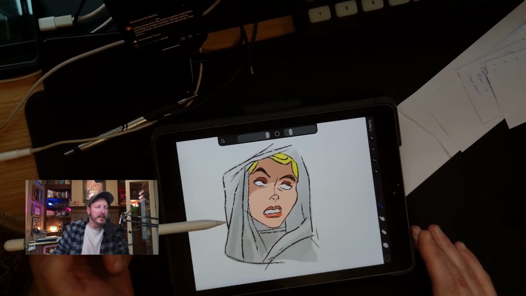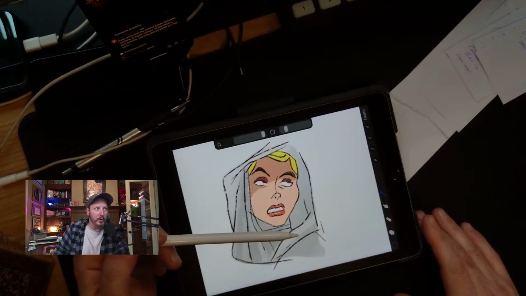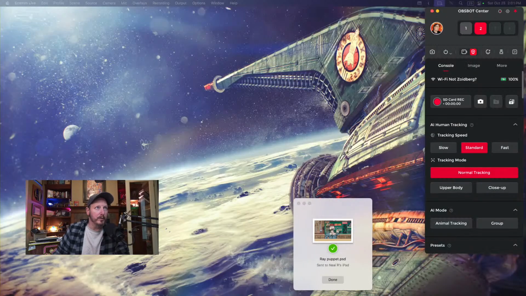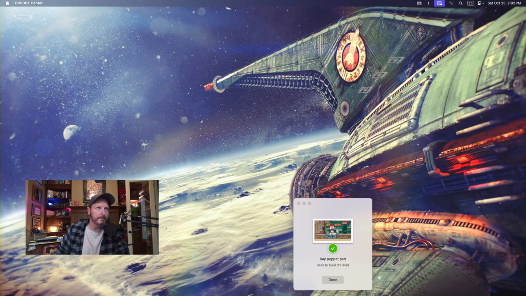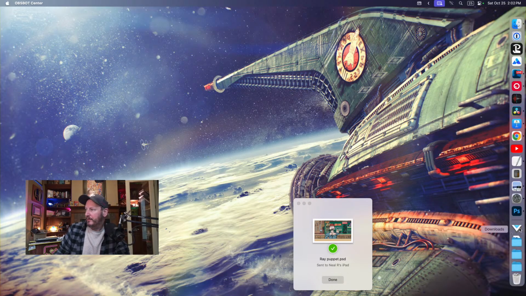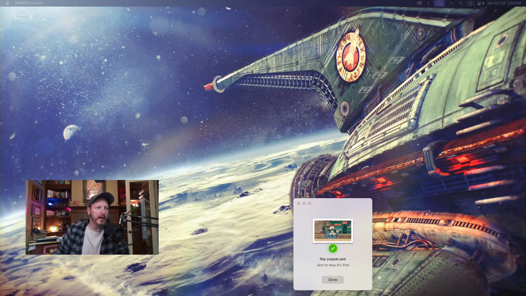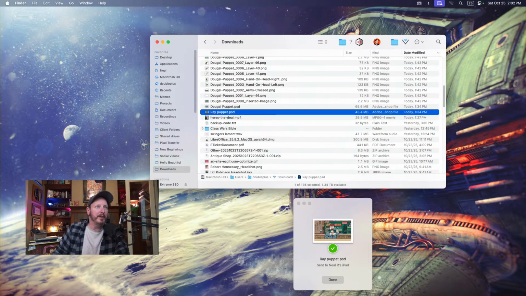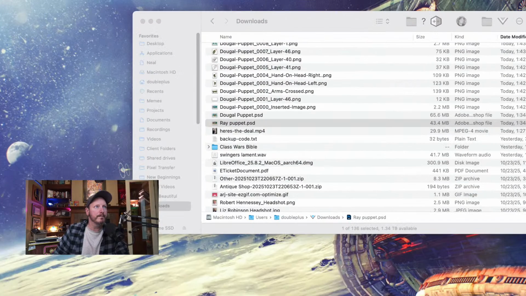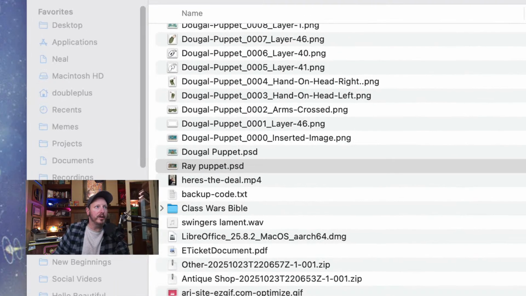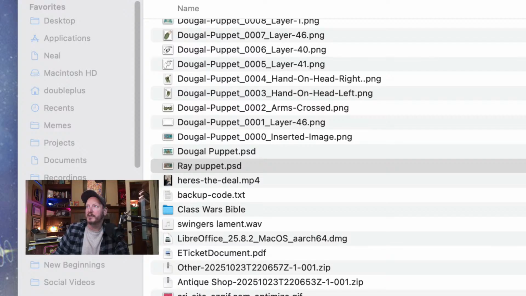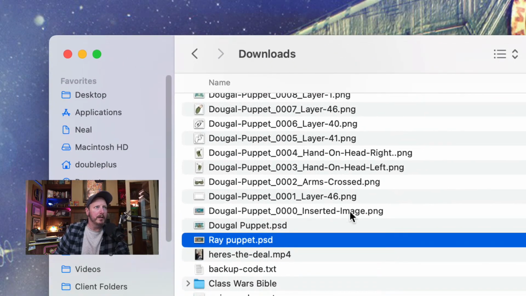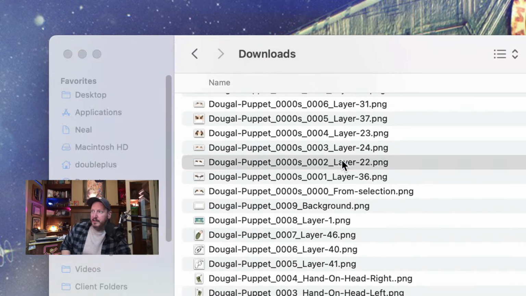So what I do is I take this and then I export it to my computer, which is right here. I can hide that. Will it show? Hang on a second. Let's see if it shows. Then I go here, go to downloads, and I've got my puppet arms right there. So these are all of my puppet arms. Hold on, say done. And these are, just ignore the Class War Bibles, the documentary I'm working on, just ignore that. So these are the arms and eyes of how this works out.